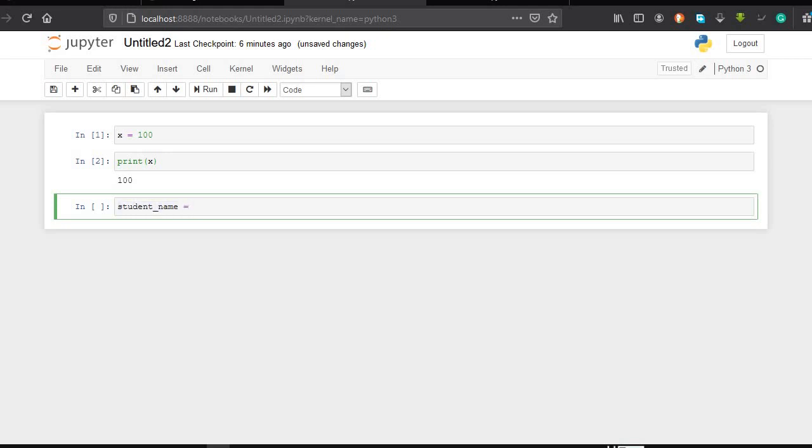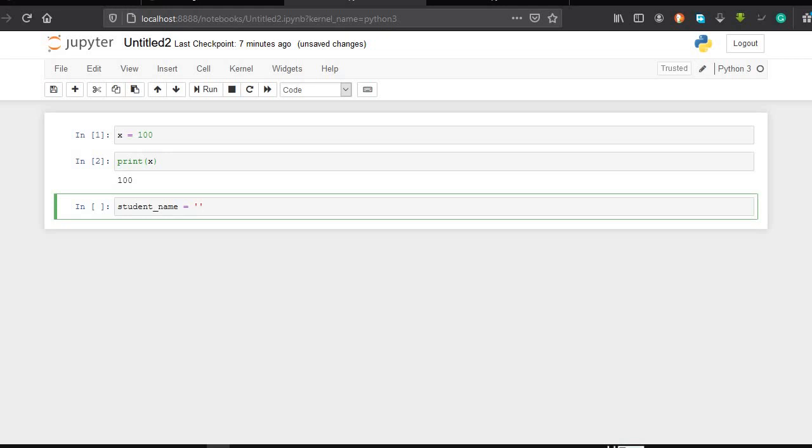Now I will assign a value to this. I want to store a value in a string format, so we have to use quotation marks for this. What is a string? We will discuss this in our next video. String is a data type which stores character values. Character values means A, B, C, D, all these. Okay.